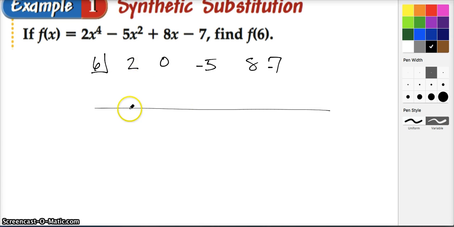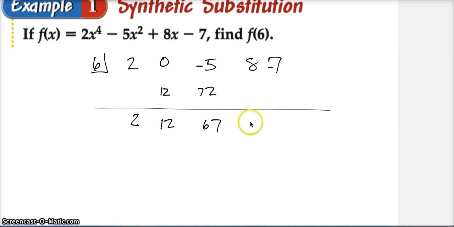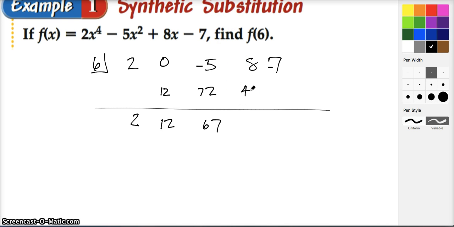Now that we've done that, we're going to drop the 2, multiply, get 12. Add that up, we'll get 12 again. 6 times 12 is 72. When I add that negative 5, I think I get a 67. 6 times 67, I'm going to pause, do my calculations, and then I get a 402. I'm going to add those together, and I get